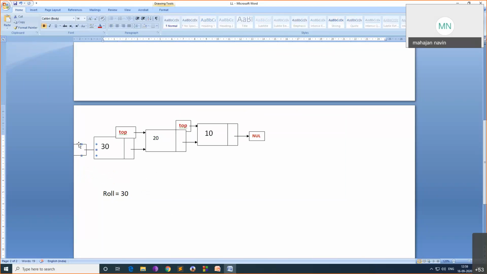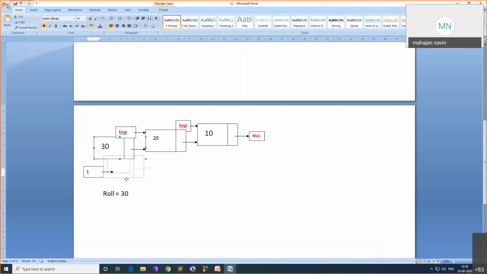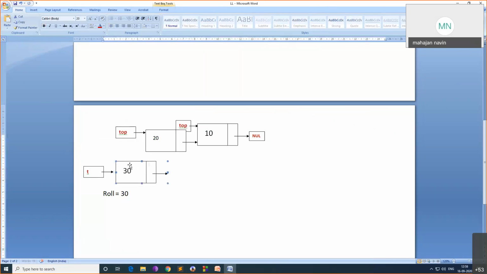What I will do is free this. Remember, top is pointing here, t is pointing here, because t equal to top. Now I'll say free t, that means we will free this one, removing this whole memory reservation.